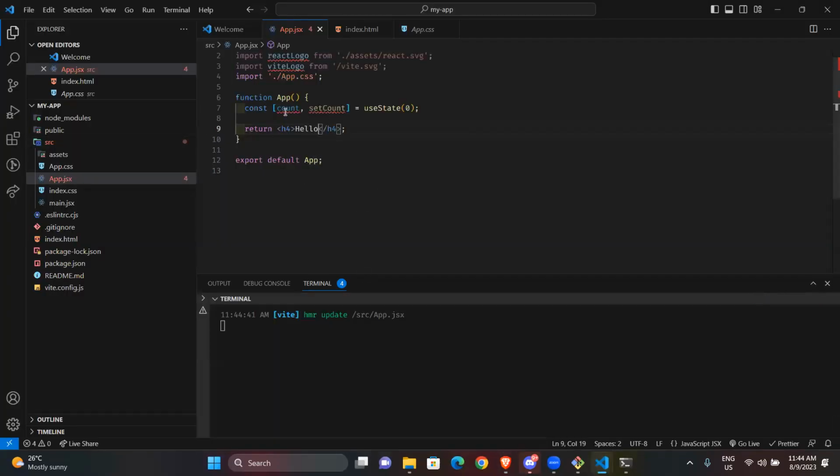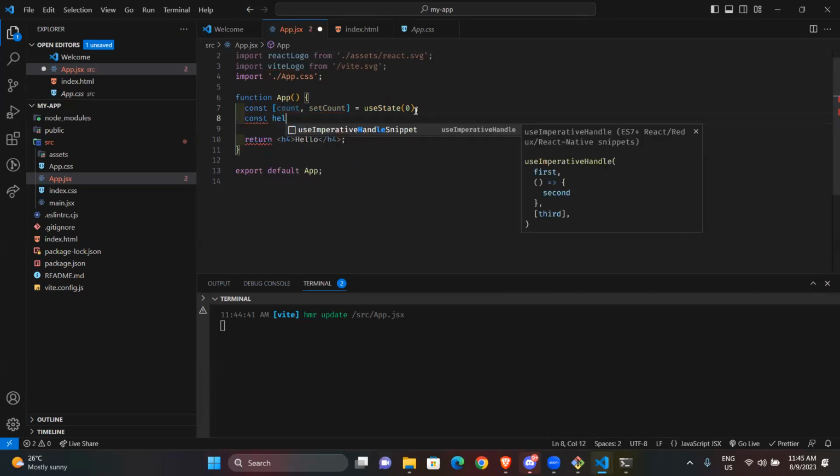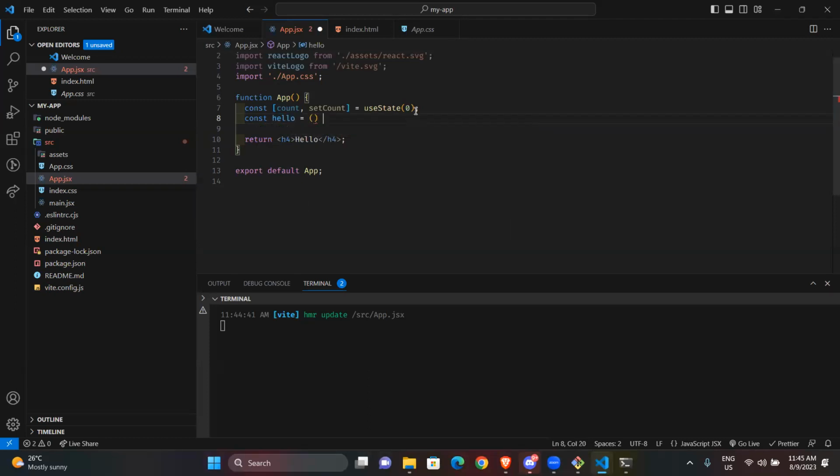Now the interesting thing about React is that you can do your JavaScript here. If I want to write a function, I can write it here: const, name of my function, hello. So everything happens inside here.